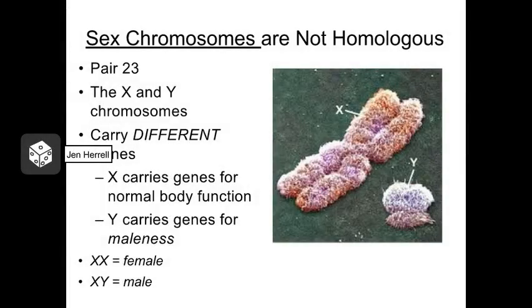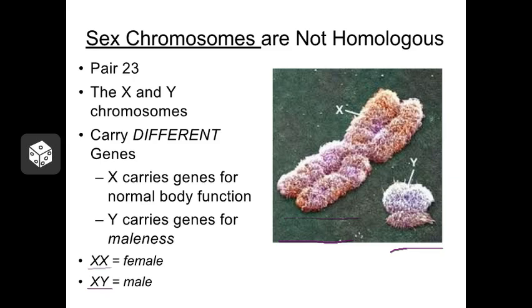The chromosomes in pair number 23 are not necessarily homologous to one another, at least not in males in the human species. We refer to these non-homologous chromosomes as the sex chromosomes. If you are a female, you inherit two X chromosomes. So here's the big ol' X chromosome, and you have two of those. If you are a male, on the other hand, you have inherited an X chromosome and a Y chromosome.